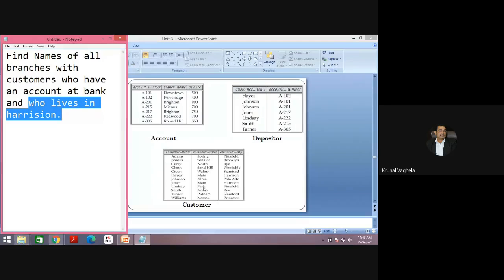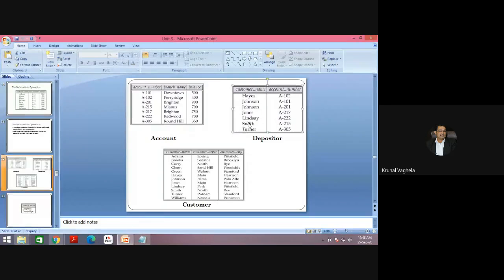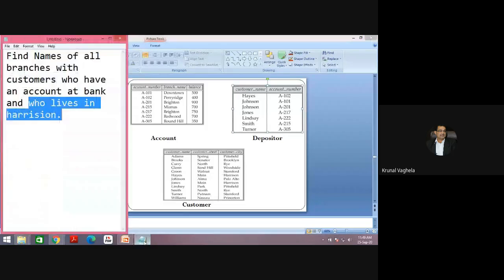So now you need to combine these first, customer and depositor. And then you need to see, is there any common column? Yes, there is one common column, customer name. So now you can perform the Cartesian product. Let me write the query here also.